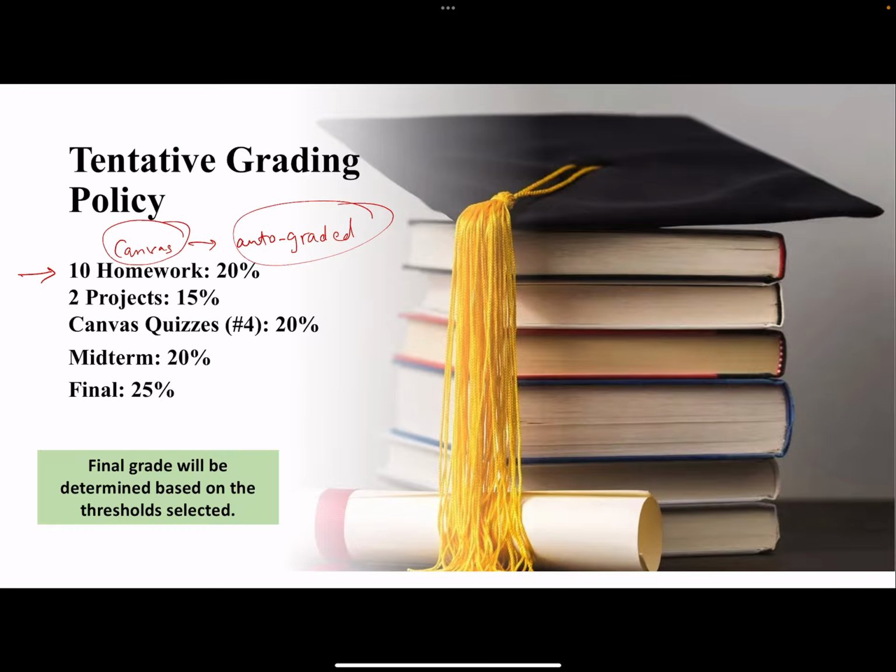You can do these homeworks automatically on Canvas. There will be two projects, 15% total. For example, one could be 5%, another one could be 10%, or 7.5% both, but the total will be around 15%, if not exactly 15%. Both of them need to be submitted over Canvas as well. Both of these assessments will be exactly similar between the two sections, your asynchronous section and the in-person section. The one thing that will be different would be these Canvas quizzes.